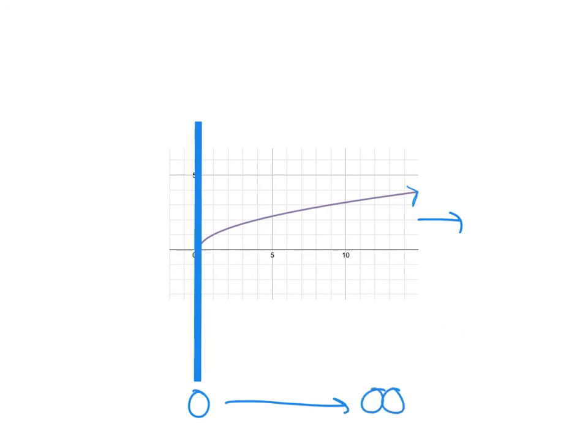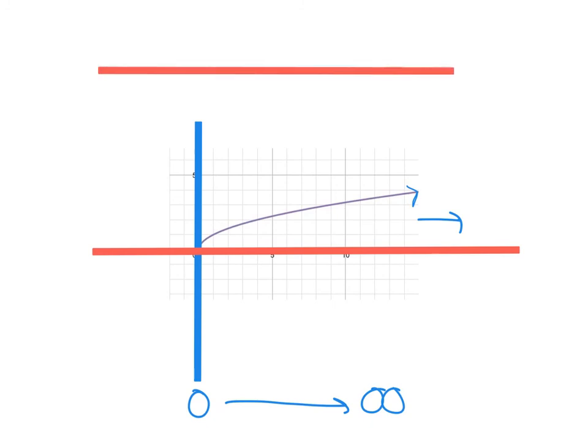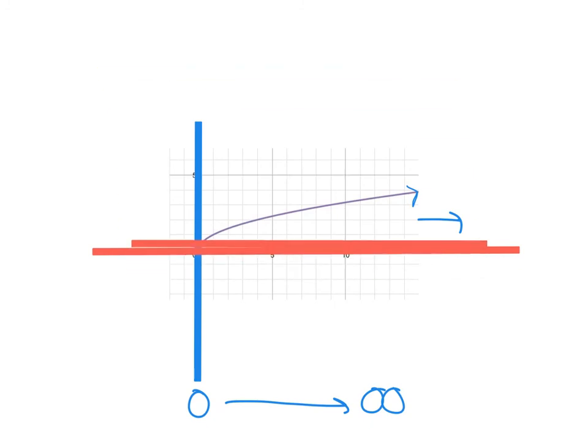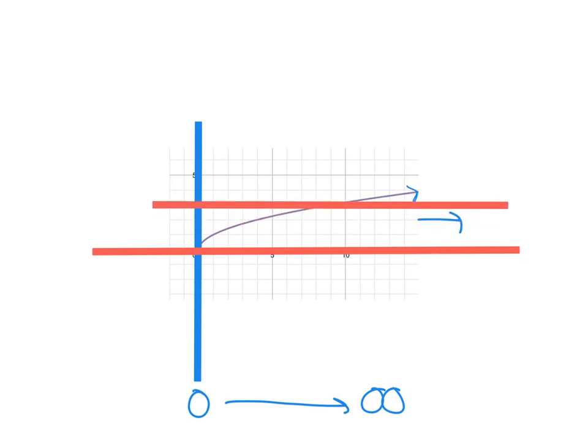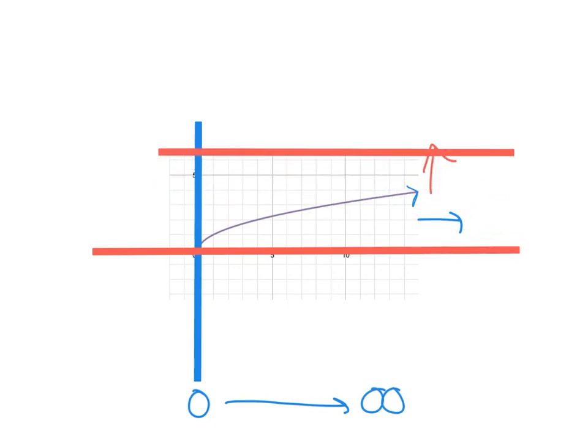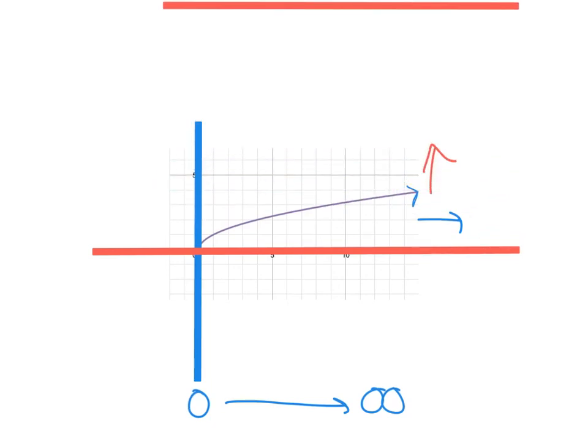Now for our range, I can clearly see where my lowest point is. This is the first point on my axis where I touch my graph. Now where would I put my last point? What's the highest y value? Well, I'm still touching, but again, this arrow is going to tell us that we're going up forever. So if I keep going up forever and ever, where am I going to stop? Well, nowhere. What number is up forever and ever? That's infinity. So I can see my y values start here at 0, and they go all the way up